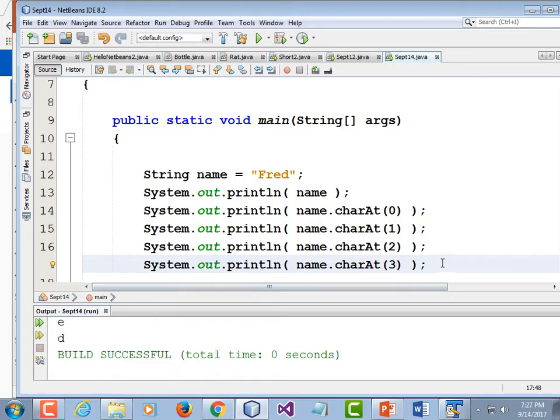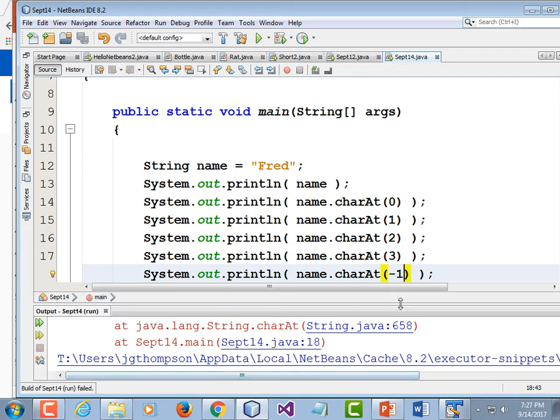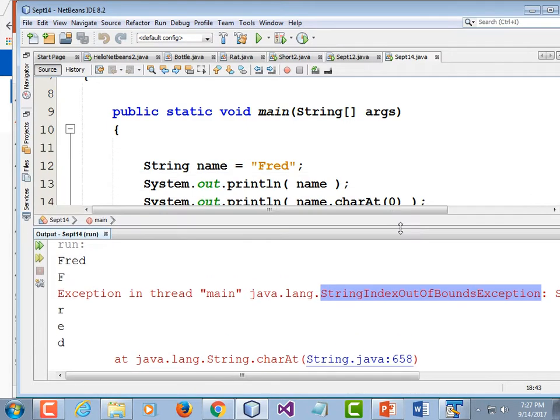What happens if I go too far? It's going to blow up. And for you Python users who are used to using -1 to mean the last character, that doesn't work in this language. So if I tack on a print line, don't bother typing this because it's going to blow up. -1, it's going to give me an error. We see an exception. Exception, string index out of bounds, meaning that you can't access something at a -1 position